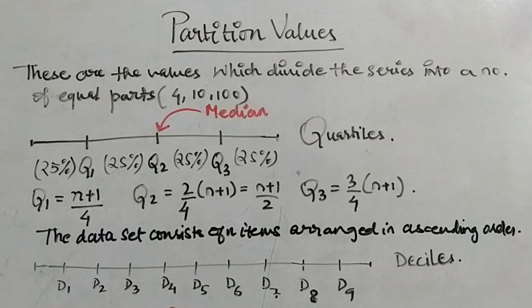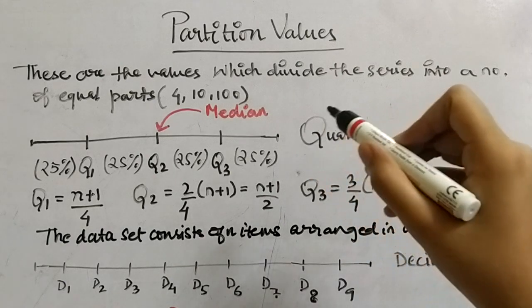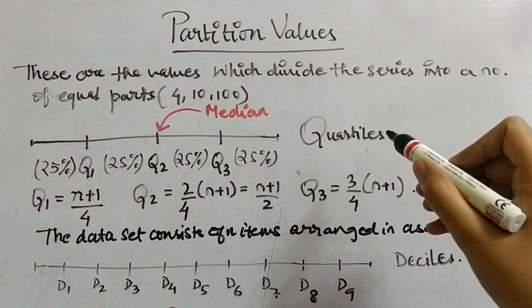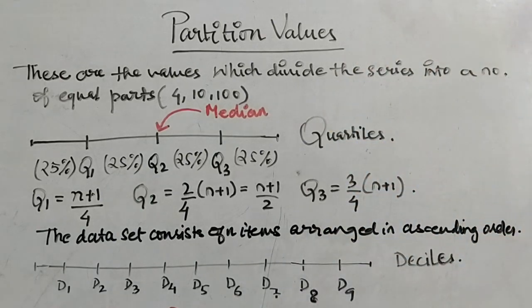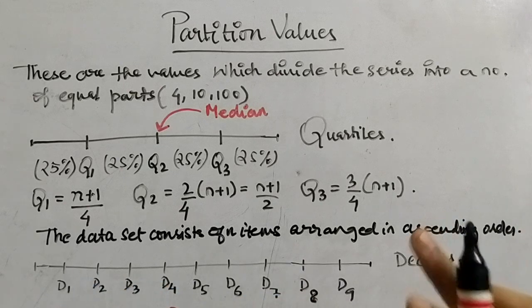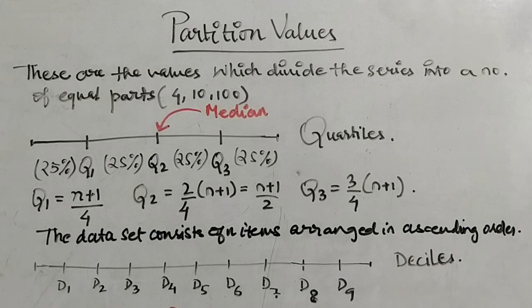Okay? In case of deciles, what do you do? The name itself suggests that you have divided the whole data set into 10 equal parts. Okay? So as you can see in case of quartile, you can easily consider this explanation in case of deciles as well. So in order to divide the whole segment into 10 equal parts, you have to make 9 cuts. Correct? This is what I had done.